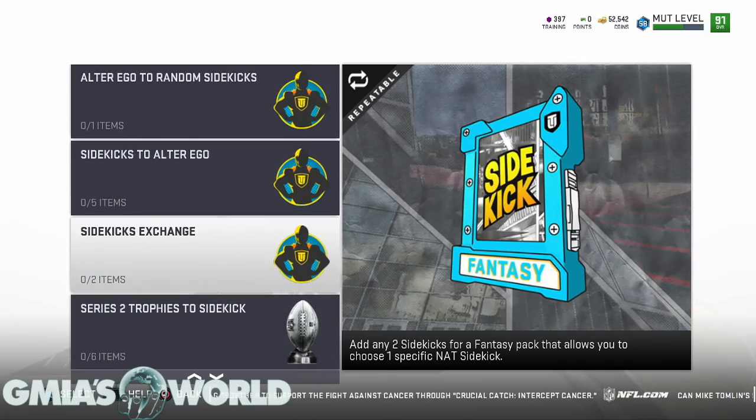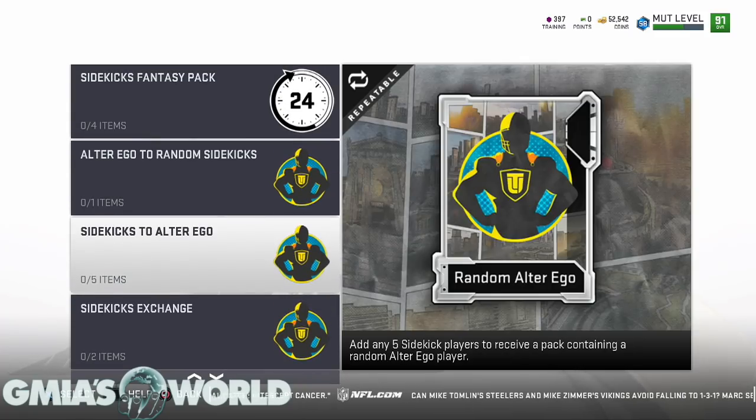So this is what EA does. You can add any 2 sidekicks for a fantasy pack that allows you to choose one specific NAT sidekick. So you could keep doing that. You find the cheapest sidekick, and then you get 2 of them, and then you choose exactly the one that you want. All right. When you start adding 5 sidekicks to receive a player containing a random alter ego player,